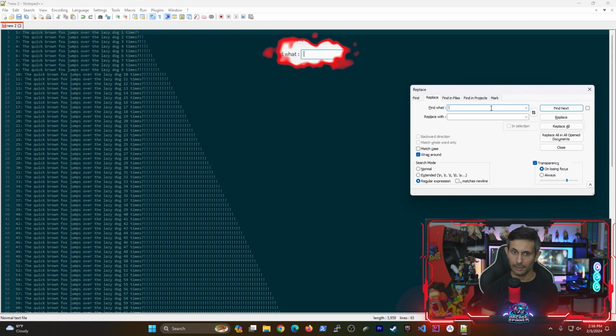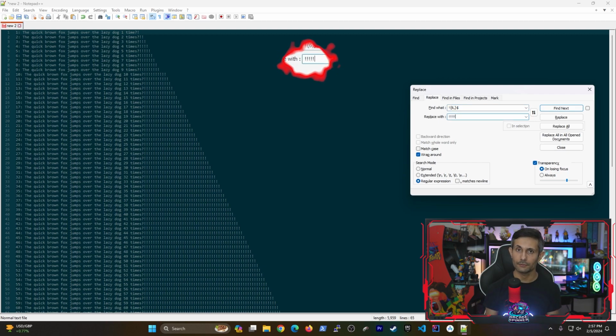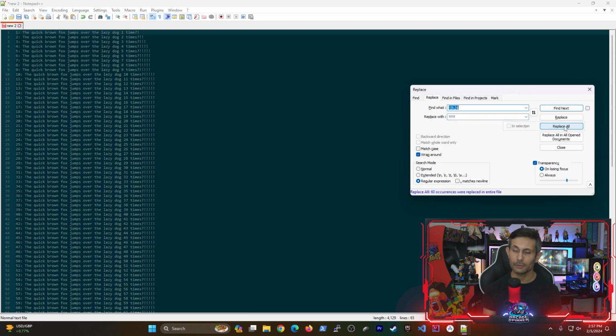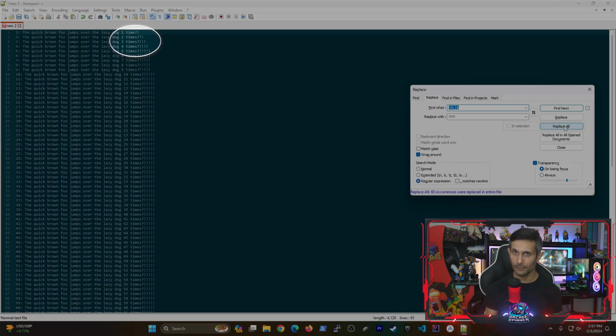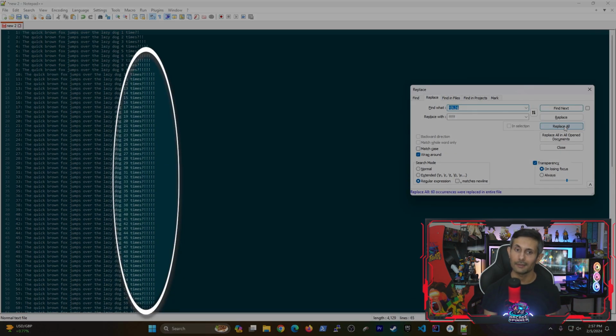So we'll type in an exclamation point, and then in curly braces a 6, and then a comma. This is the first part that indicates 6 or more. And then finally a dollar sign that indicates the end of a line, like we did before. And of course, for our replacement, we'll simply put 5 exclamation marks. After running this, you can see that lines 1 through 5 remained the same, whereas lines 6 and beyond were updated to 5